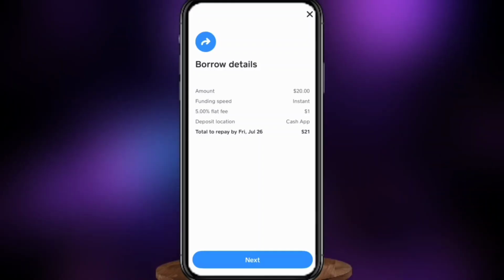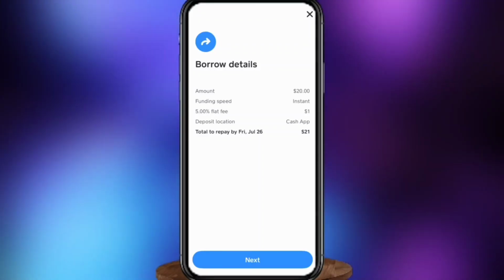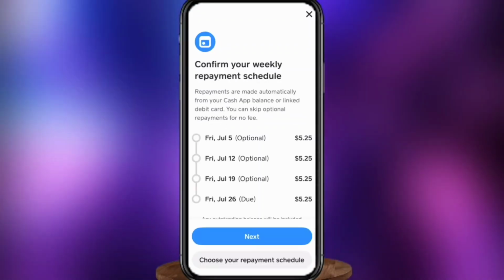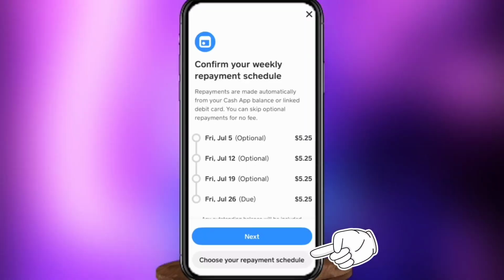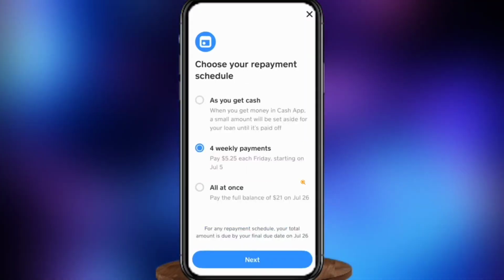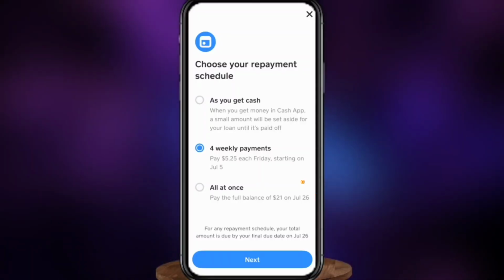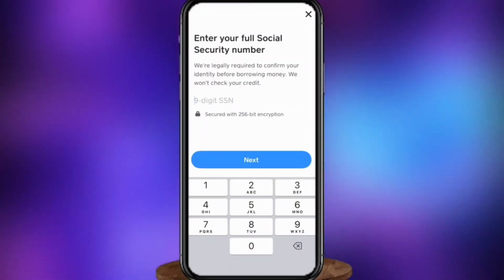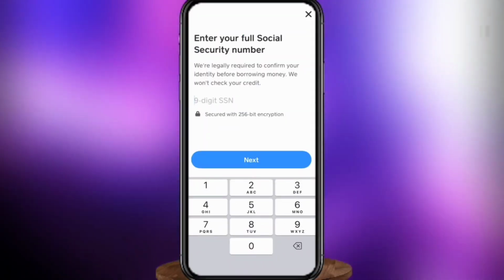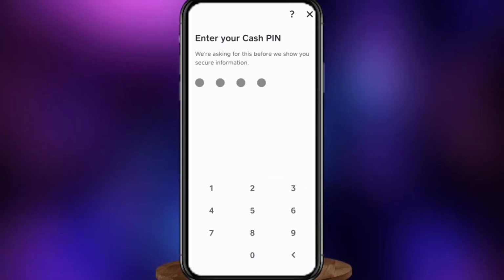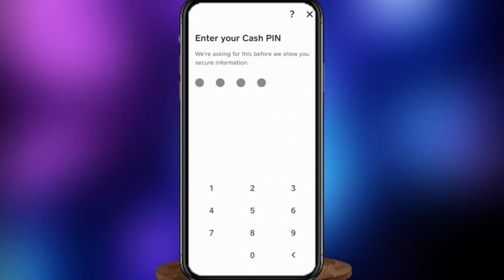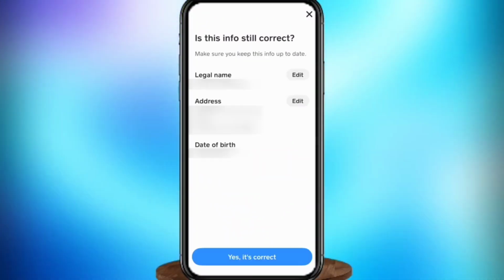Now from here, as you can see, if I choose to borrow $20, I have a $1 fee. If I accept that, I can confirm the weekly payment schedule. If not, I can just tap choose and choose one of these right here. Once I make up my mind, I'm gonna tap on next, and here I'm just gonna go ahead and enter the full social security number, tap on next, enter my cash pin right here,